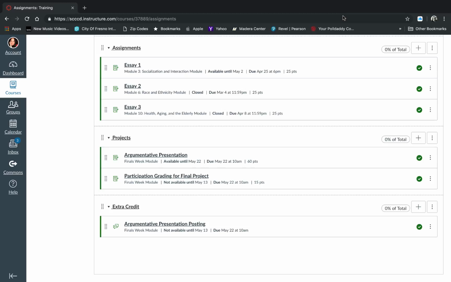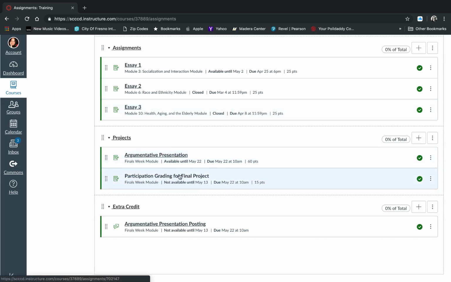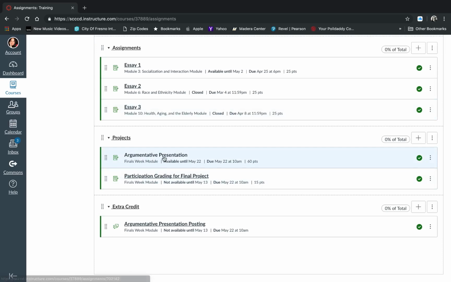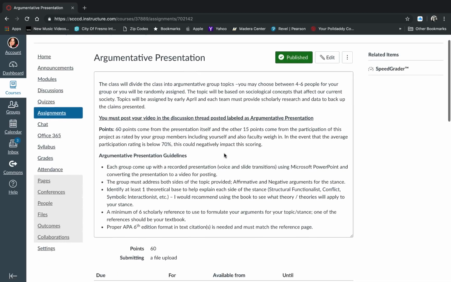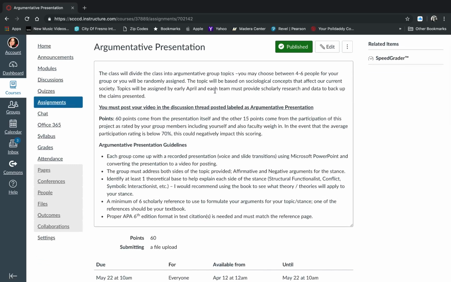So one of the projects that I have students collaborate in is a presentation. For this, it's basically a paired assignment. I have the main part of their assignment and then their participation group rubric. For the main assignment, I give them their particular stance and I let them know that they must